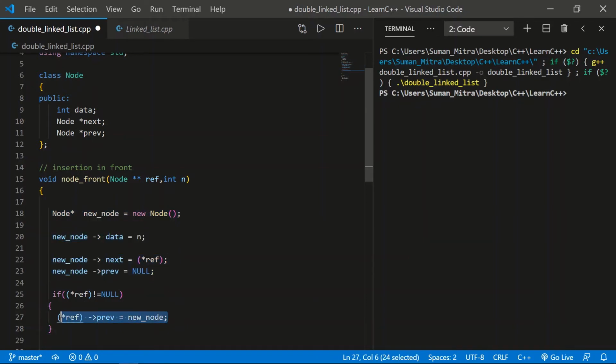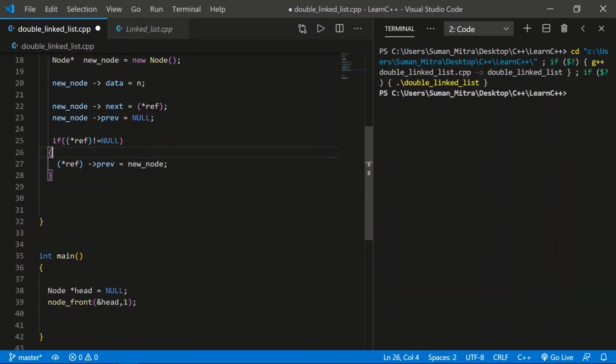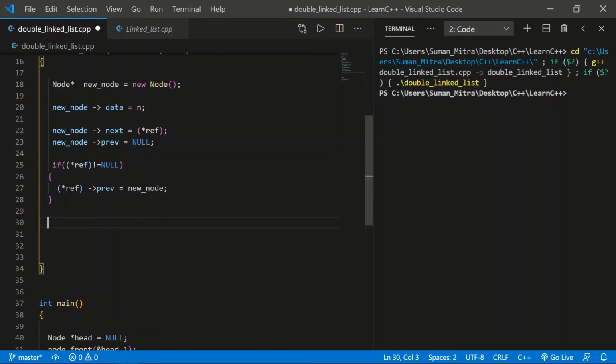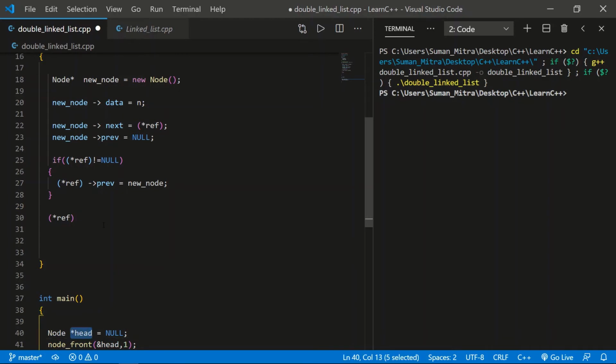if it is not null, this will behave as the second element, because one element is already added here. So this should point to the previous one. This head, the one that was earlier, should now point to the one in the previous that was recently created, and our new node should be the current head. So we'll just write reference, which is the current head, because we made it head, we can name it anything. This current head should be equal to the new node, the node that we just created.